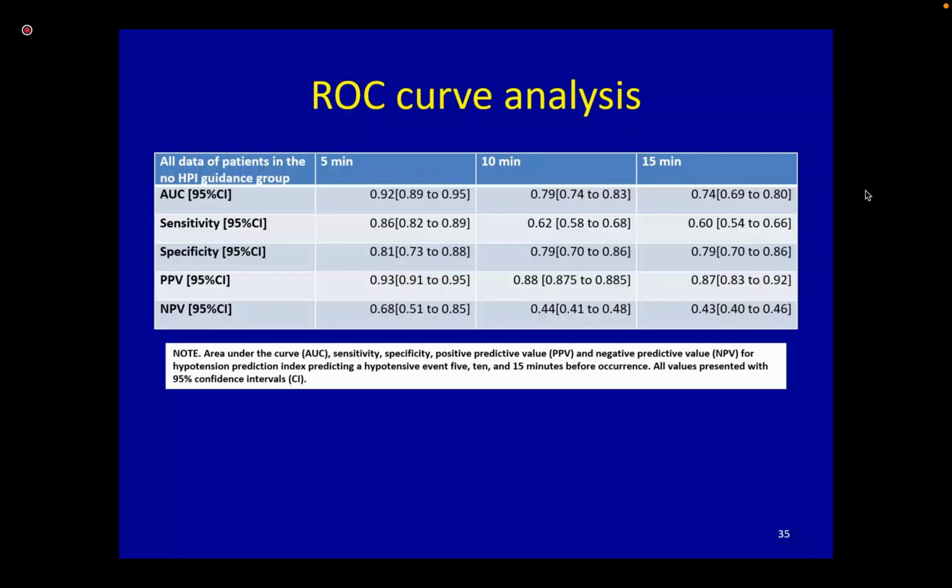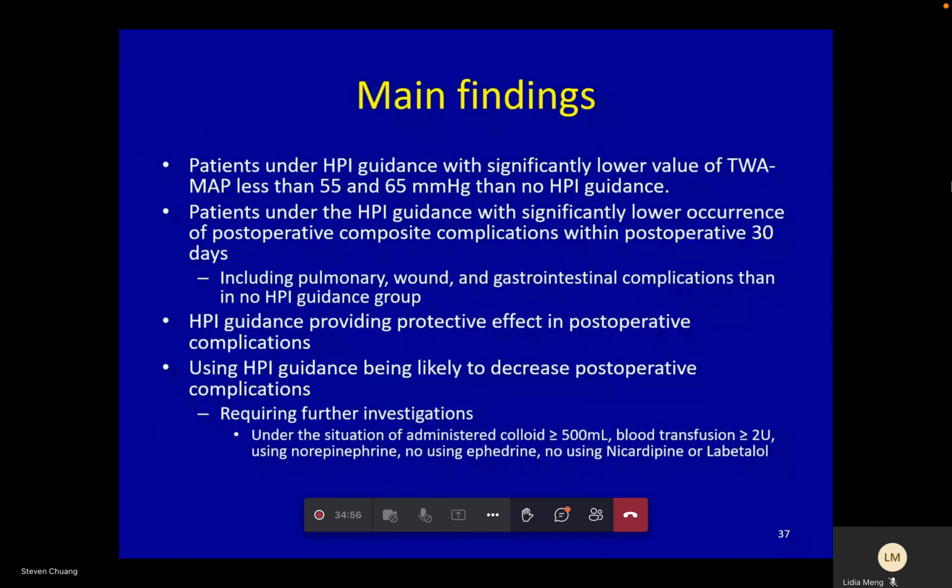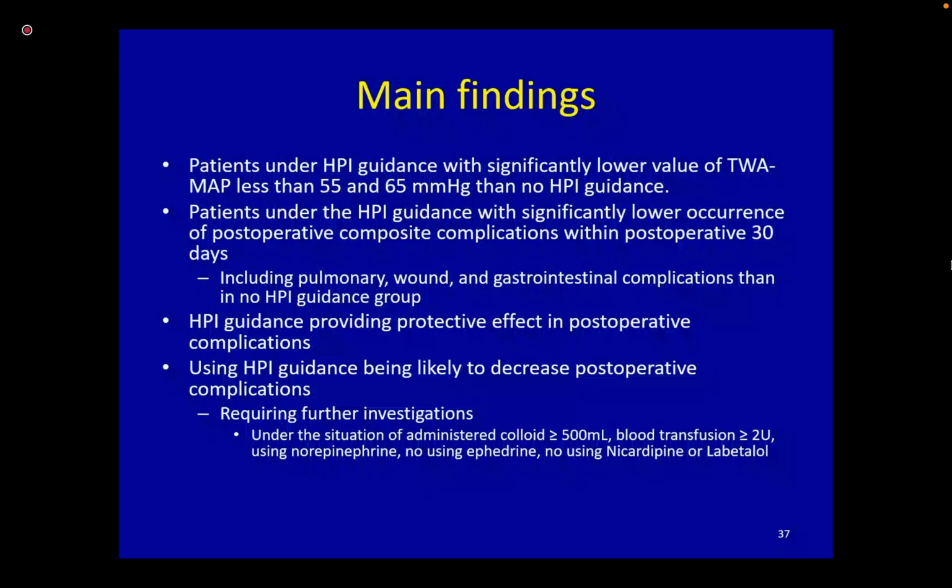Patients under HPI guidance had a significantly lower time-weighted average mean arterial pressure below 55 and 65 millimeters of mercury than those without HPI guidance. Patients under HPI guidance had fewer complications within postoperative 30 days, including pulmonary, wound, and gastrointestinal complications. Our main result of time-weighted arterial pressure less than 65 millimeters of mercury was similar to